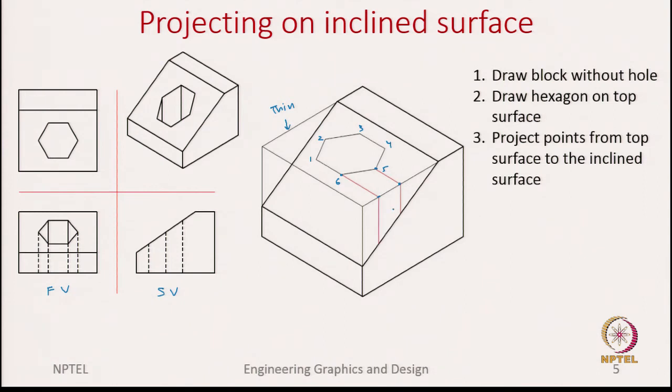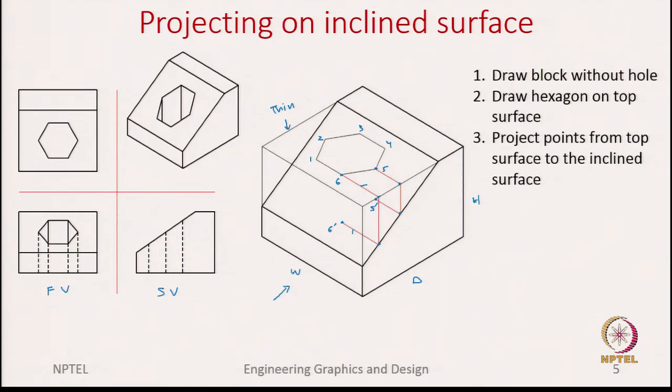Then we draw vertical lines such that they come and intersect with the inclined line, and again we draw parallel lines. Okay, yeah, this is the front view. So, this is the width, depth and the height. Again we draw parallel lines to the width to capture points 5 and 6. Let us say these are 6 dash and 5 dash. The length of these lines is similar to the length in the top face. So, this length and this length are the same.